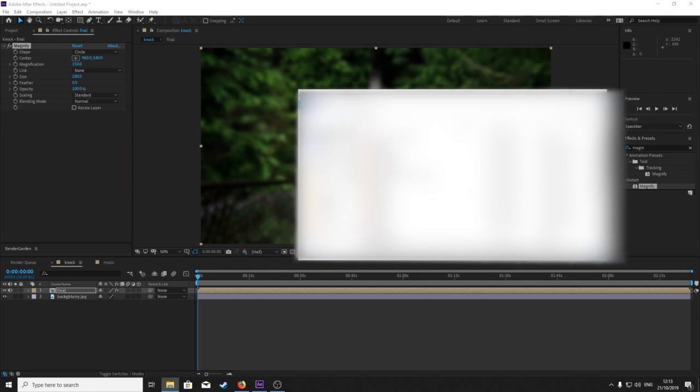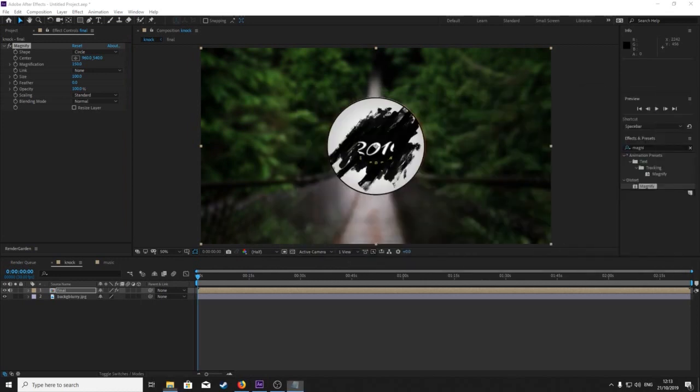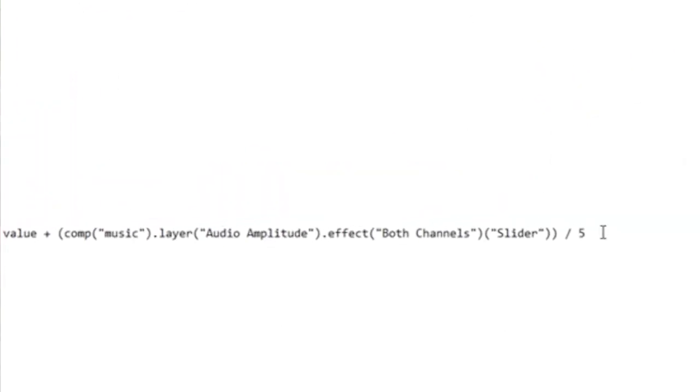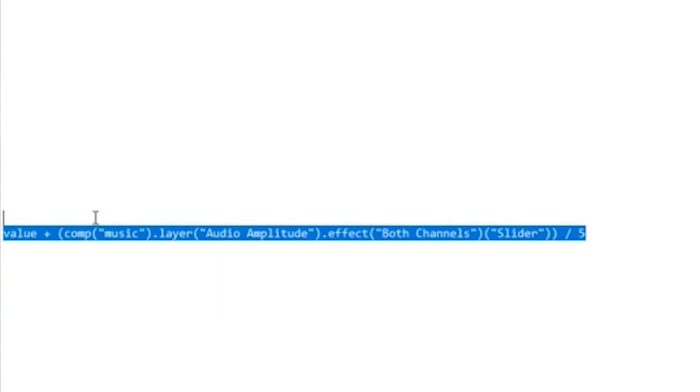Okay, so I think you might need this line of code, which I'm gonna show you right now. Okay, so this line of code is going to make sure that everything works how it's supposed to and nothing does something wrong. So I'll have that in the description. I'm gonna copy that one,